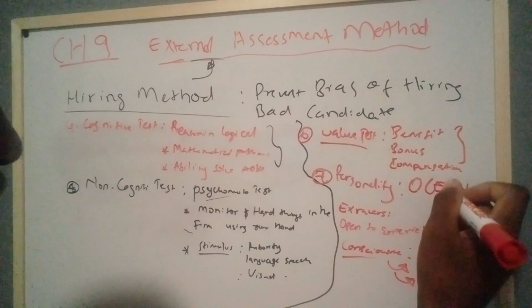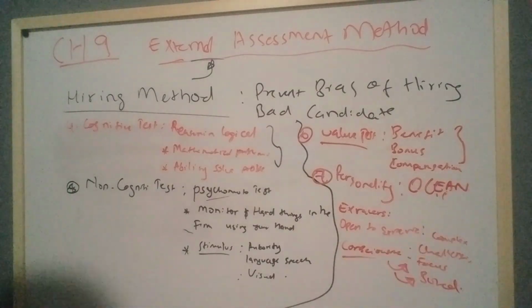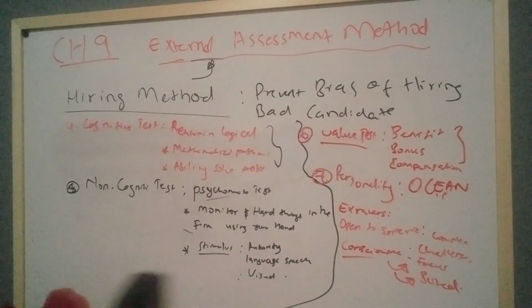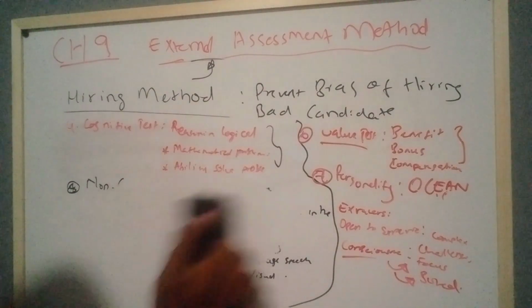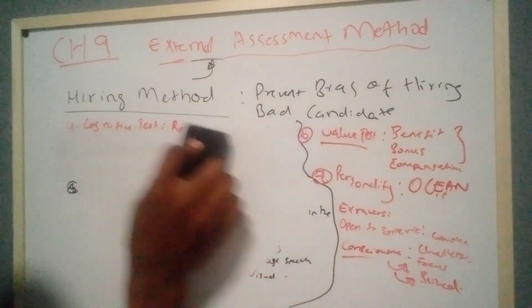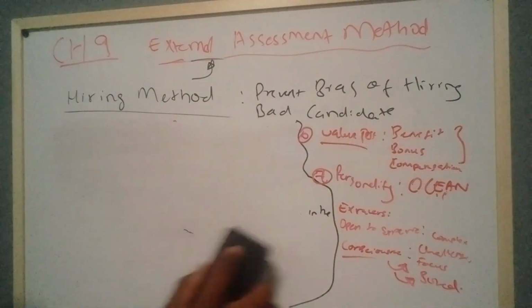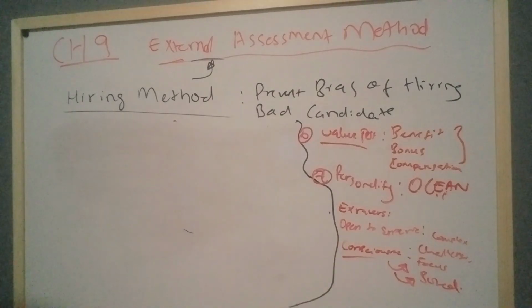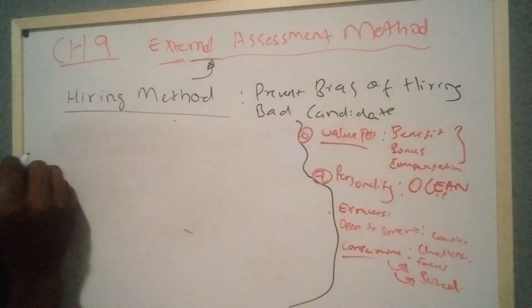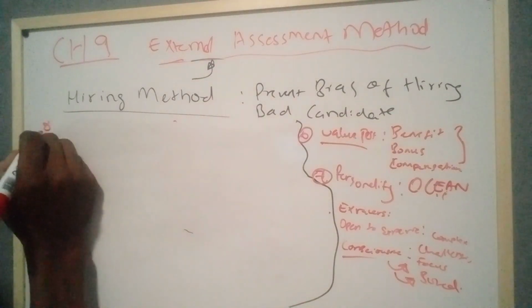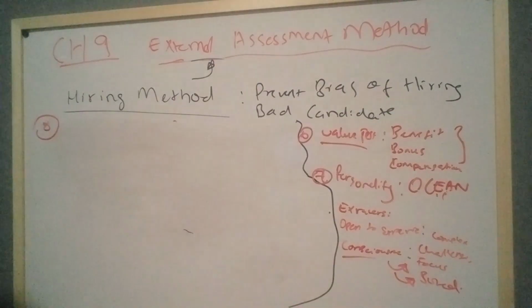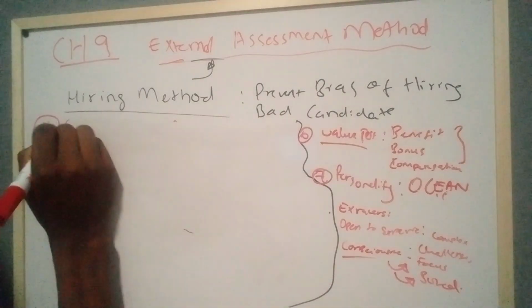This is agreeableness, A, and then this would be neuroticism personality. Because of time, let us move on. So here, number 8, we are done with the personality test, and then the situational